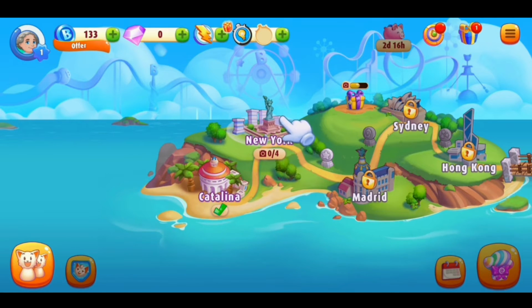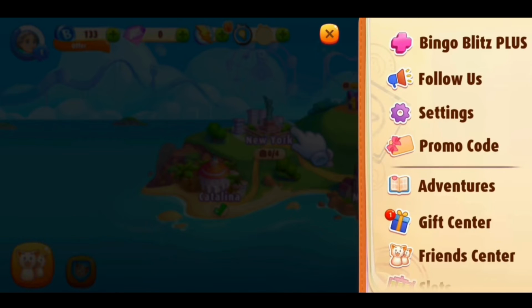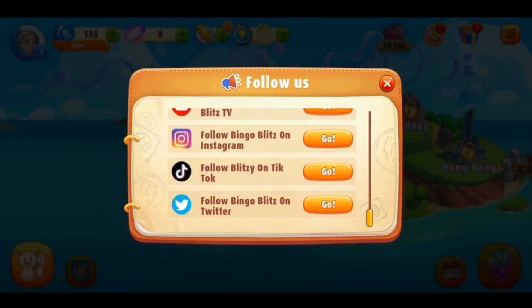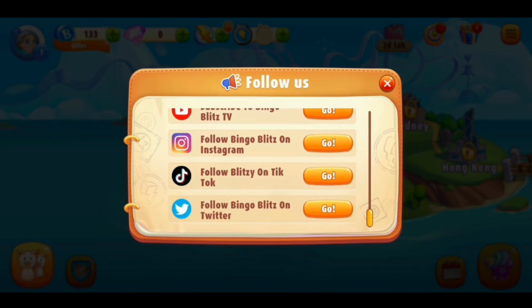Here you can see the 3 lines icon at the top right corner, tap on it. In the given menu, you can see this Follow Us option, tap on it. Here you can see their handles of different social media platforms like Facebook, YouTube, Instagram, TikTok, Twitter. So you can go on and follow them. And you need to stay updated with their posts because they time and again send promo codes through their social